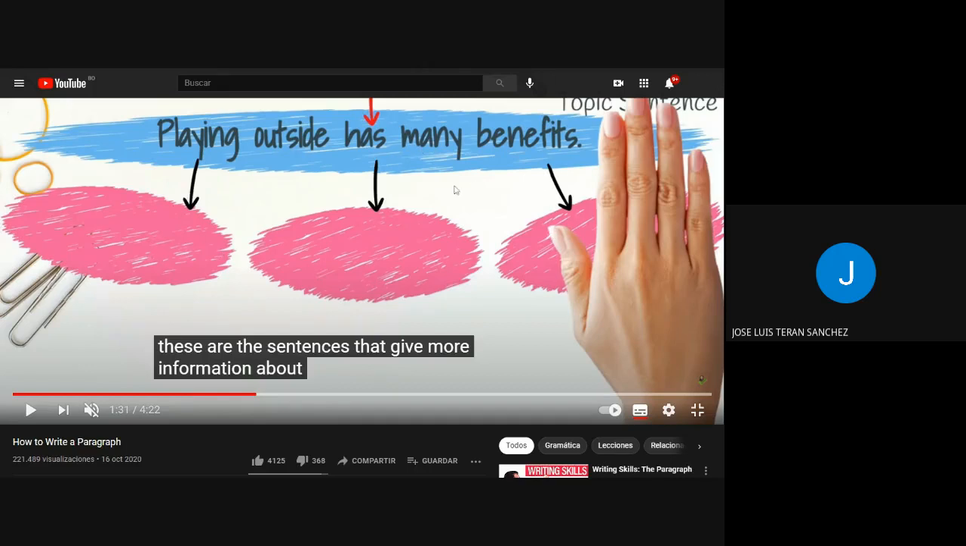Now, once you established your main idea, then we will have the supporting ones, the three. So why? The supporting sentences answer the question why playing outside has many benefits. Remember that whenever you write a paragraph, it is for convincing the reader. So how are you going to convince the reader about your topic? Your topic says playing outside has many benefits. So why, you can say,